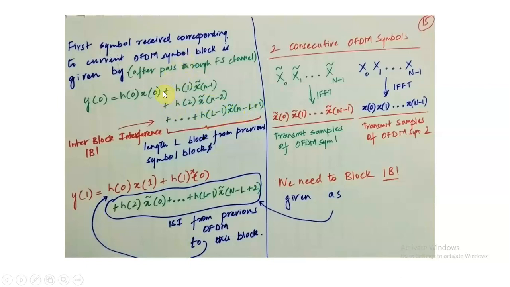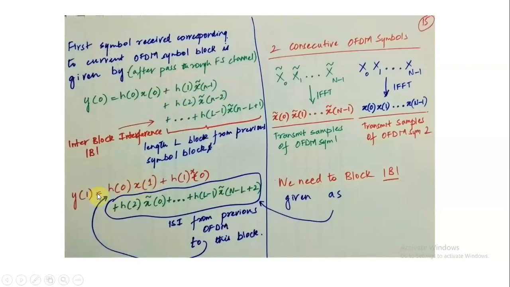This whole thing after x0 is basically inter-block interference. The previous block is interfering with the current symbol x0 that you have to detect out of y0. So y0 contains the current symbol multiplied with the channel tap, and the multiplication of channel taps with the previous symbols of the previous block. So this length L portion from the previous symbol block is causing interference into the current symbol. Similarly,